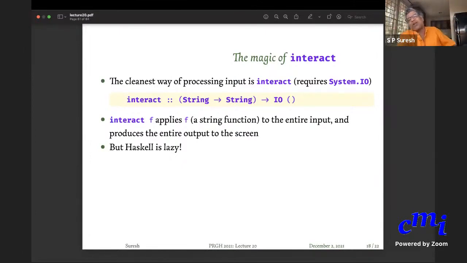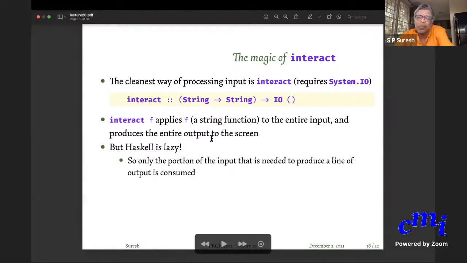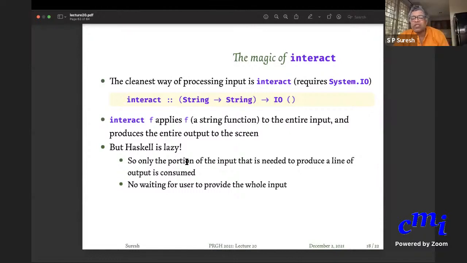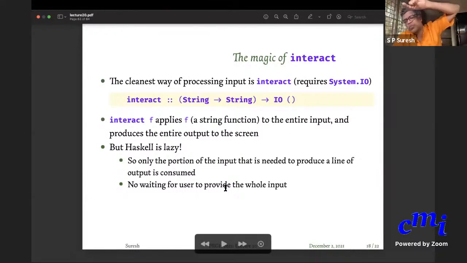So Haskell will process as soon as you input a line, and then it will ask for the next line. That is because Haskell is lazy. It won't wait for all the input lines before it does the processing. Only the portion of the input that is needed to produce a line of output is consumed. It is enough if the user provides a line.